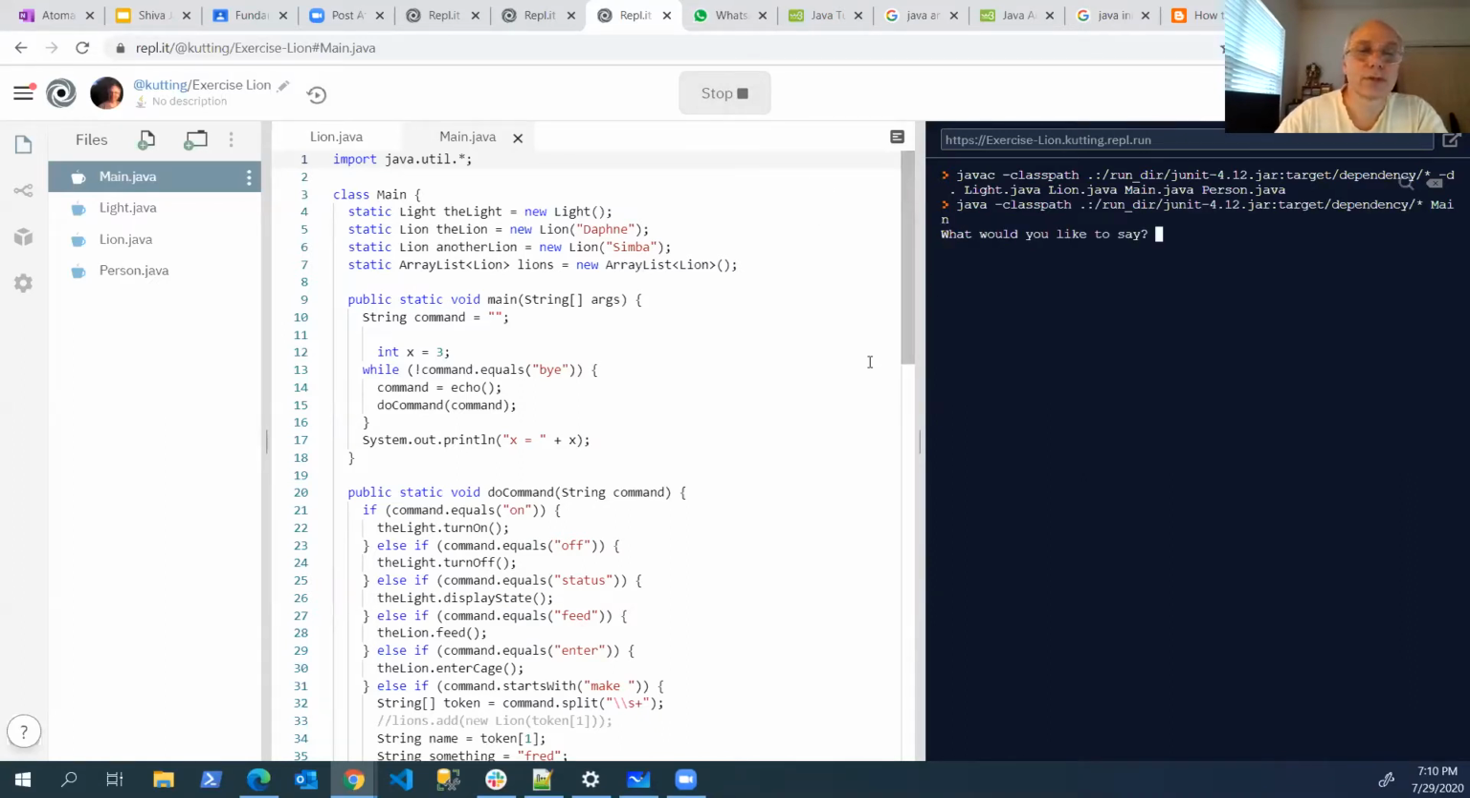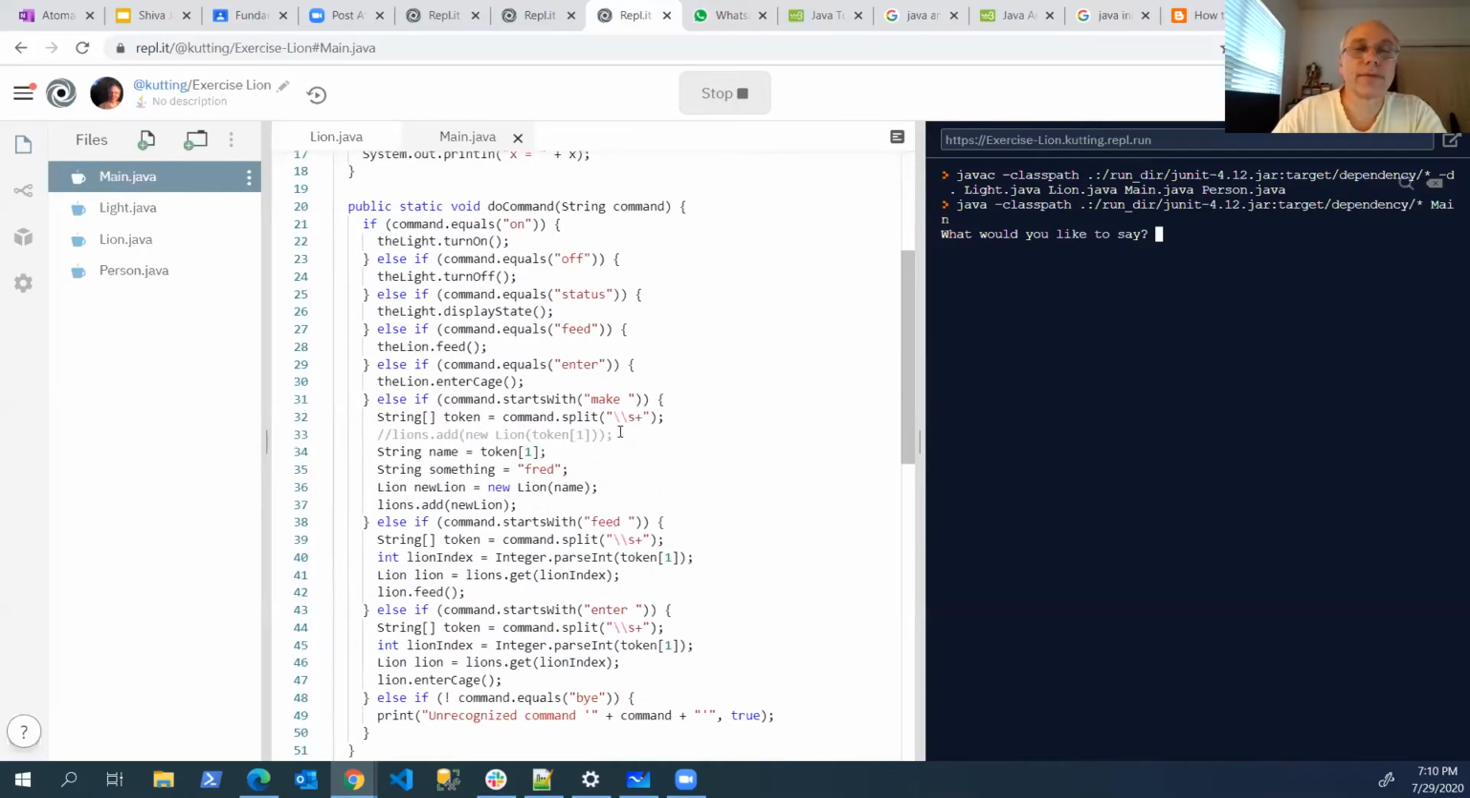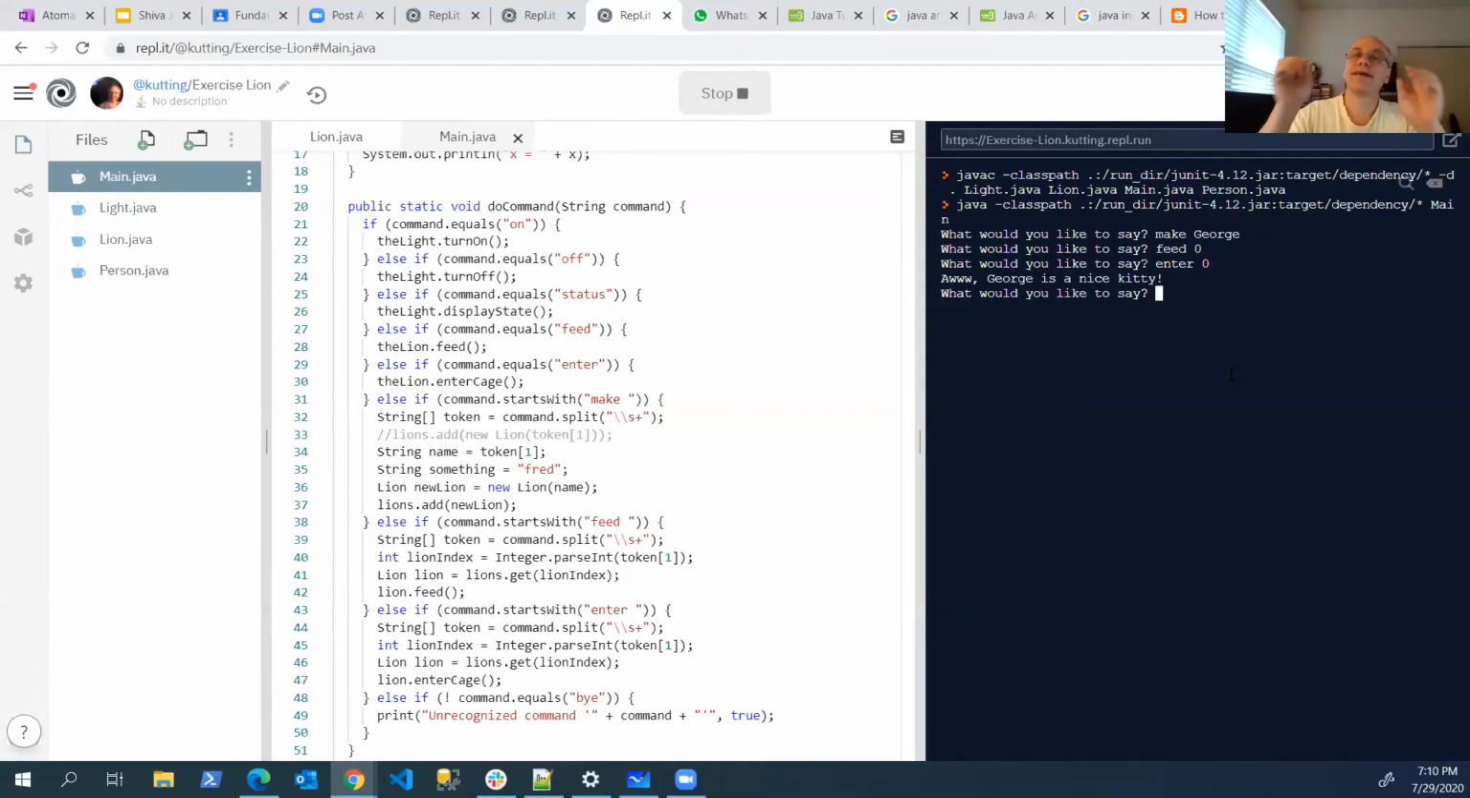All right. So first thing I want to do is I want to be able to make our lion. So I want to be able to say make George. And then I want to be able to feed our 0th lion. And then I want to be able to say enter that. So we created a lion, we fed it, and then went in the cage and